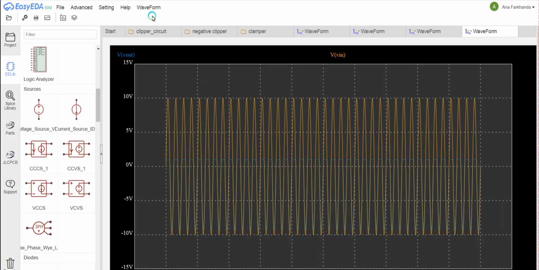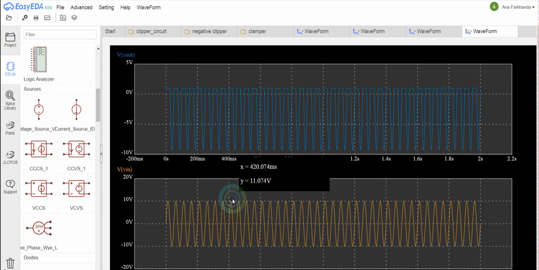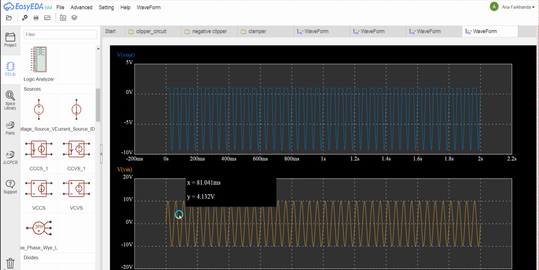The simulation is complete, and now what do we have? It is showing V out in blue and V in in orange, or dark yellow. To separate the two waveforms, we go to this button and click on it. The pane names are V out 1 and V in 2. To separate the two, we select 1 as 2 and then apply it. And now you can see that